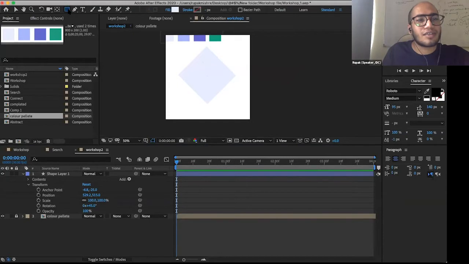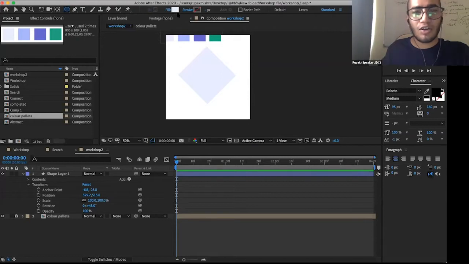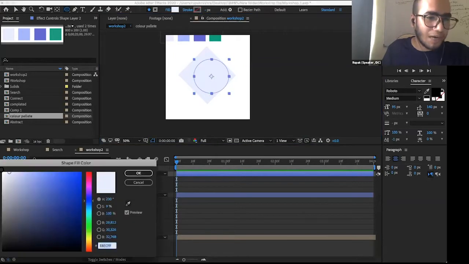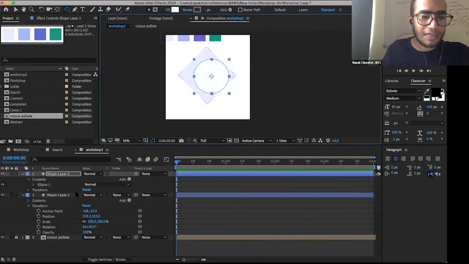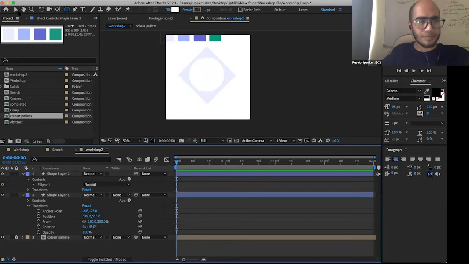So now again we'll draw. We will require a circle, so go ahead and select the ellipse tool and draw a circle. Try to make it not big and not small. We need a circle that can fit inside this square. Okay, I think this might work out. We'll change its color to plain white. I will set it in between. So currently it looks something like this.